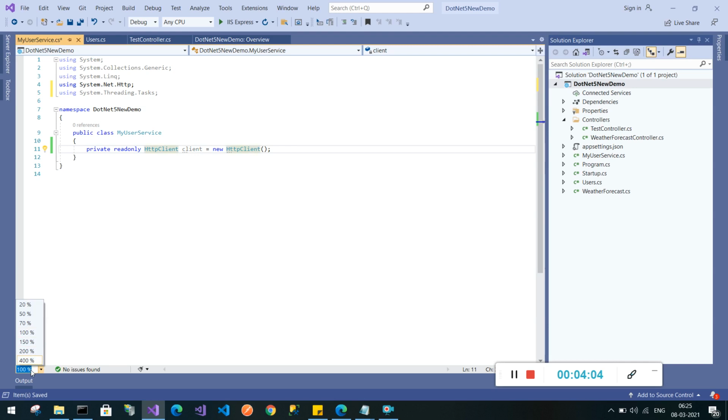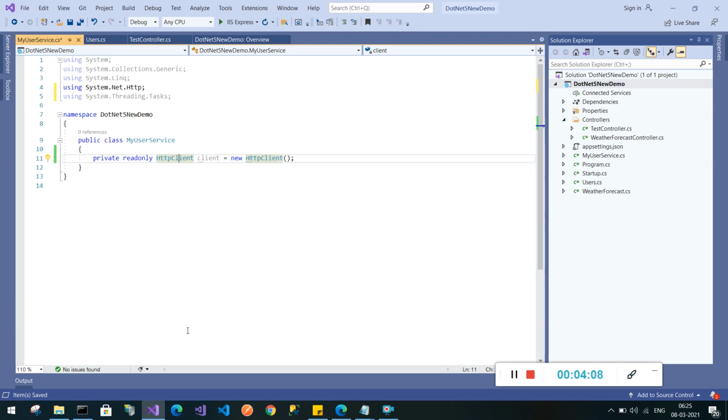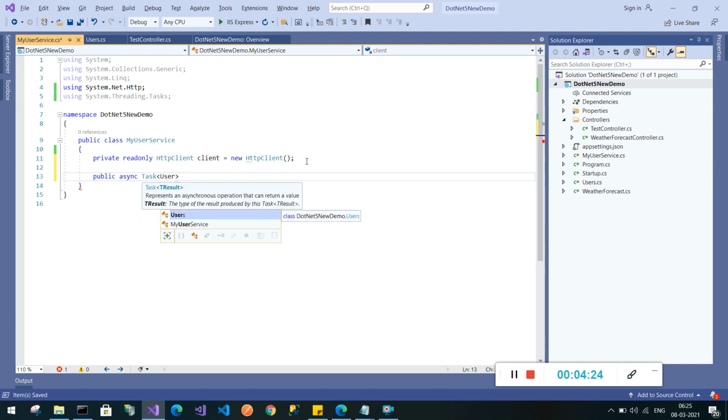I will increase the font size to 110 for better visibility. Next we will create a method. Task users, which is our model, get data.